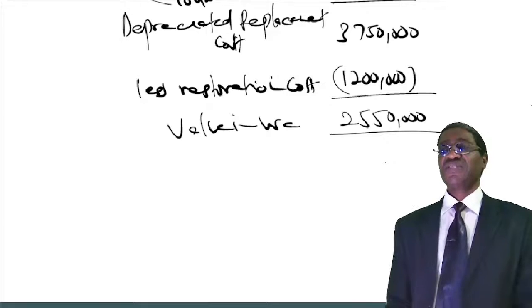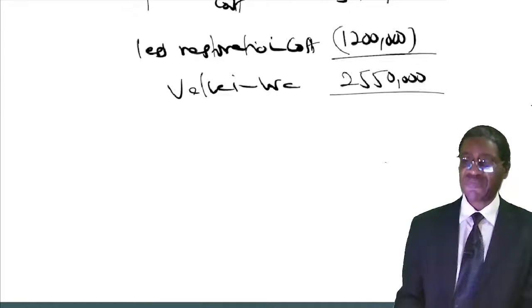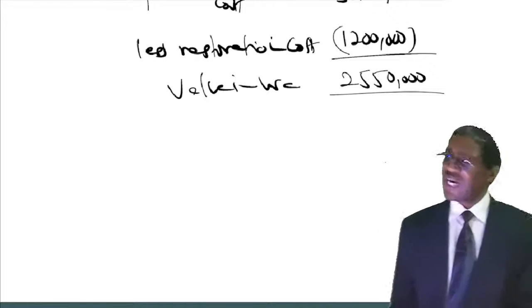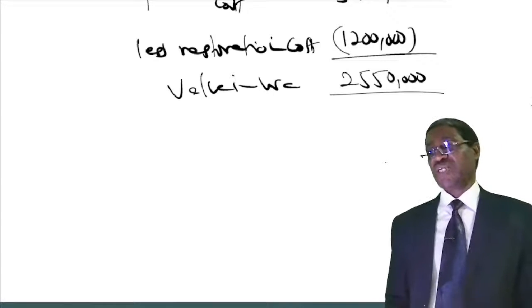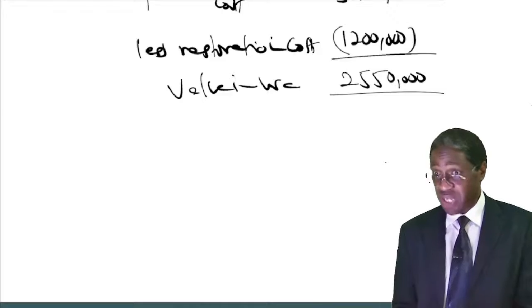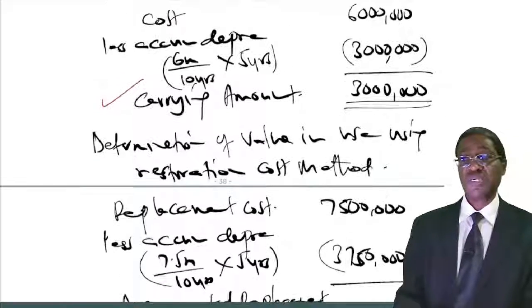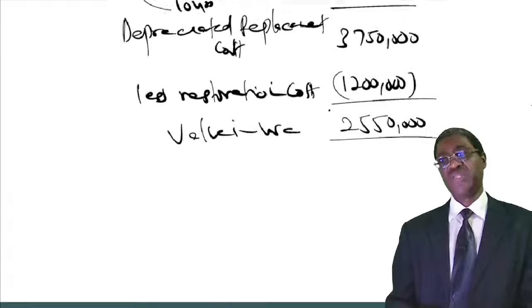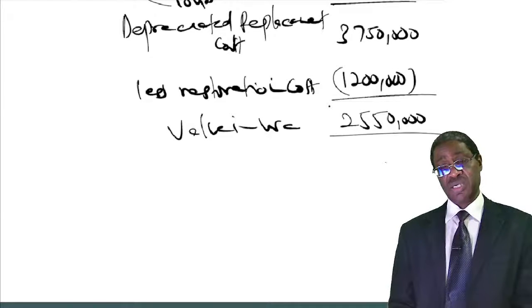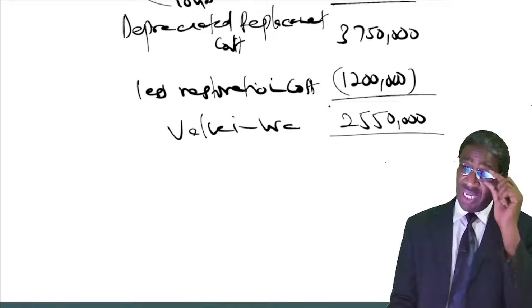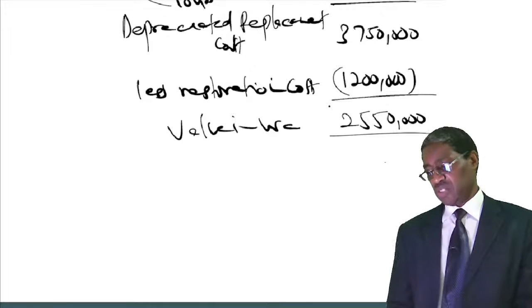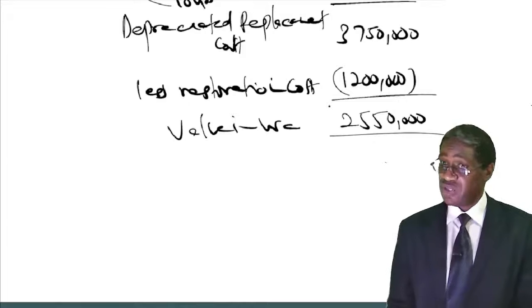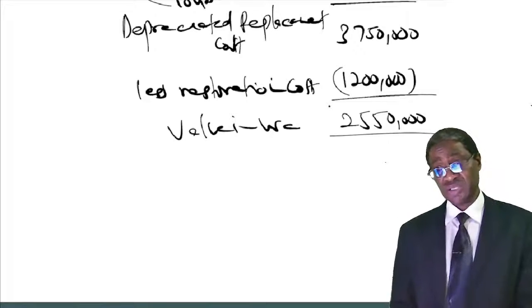Okay? Now we can conclude whether it has suffered, and take another paragraph. Comparing the carrying amount of the asset, shillings 3 million, remember that was the amount, with its recoverable service amount, shillings 2,550,000, then